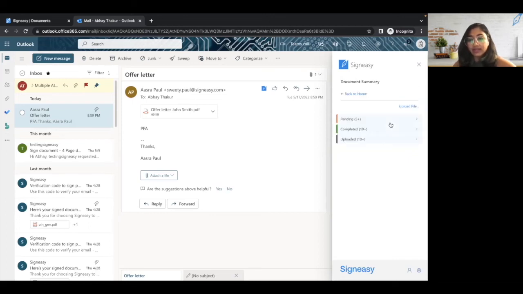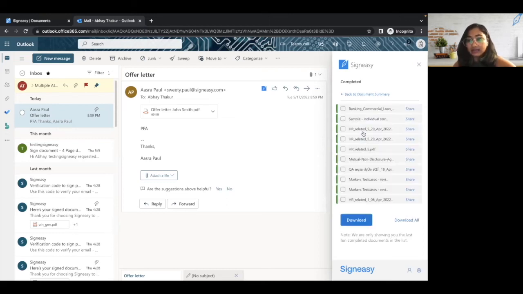In the document summary, we basically show you the documents that are pending on others, and the documents that you and your signers have completed. And we also have the option to download all of these documents, the top 10 documents that are listed here. We also have an option to share the signed document with